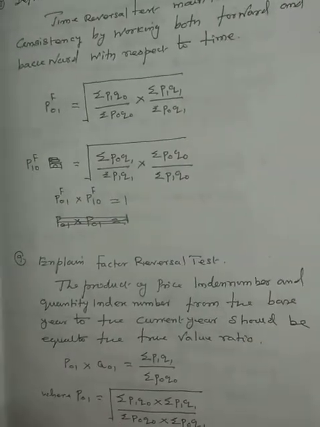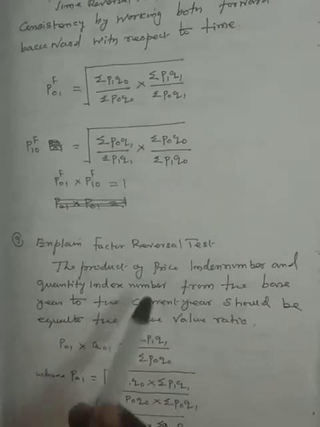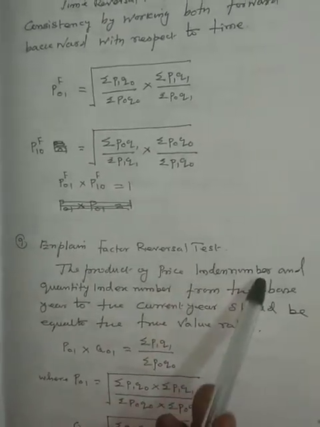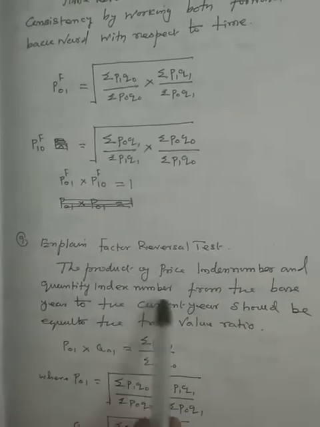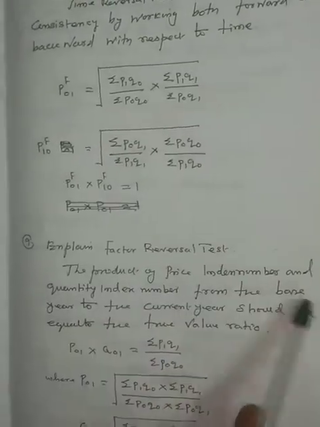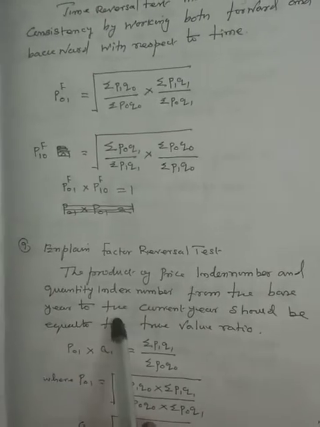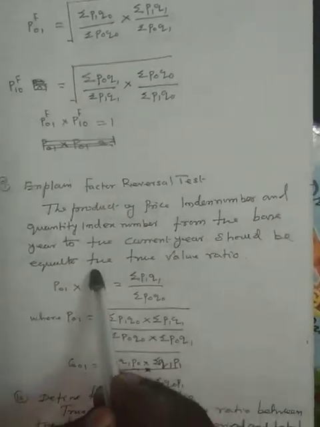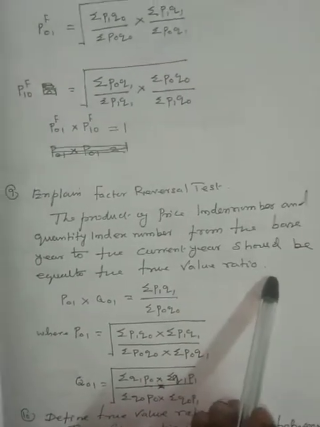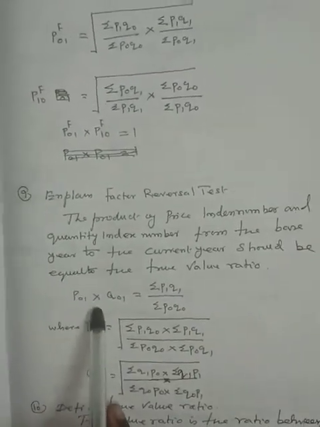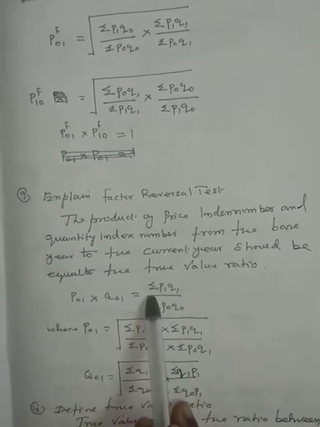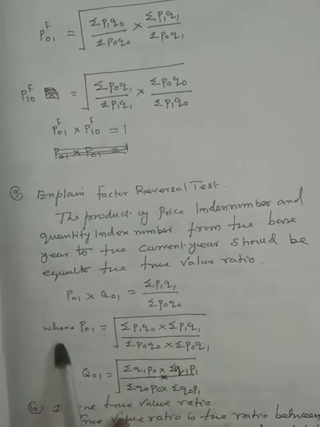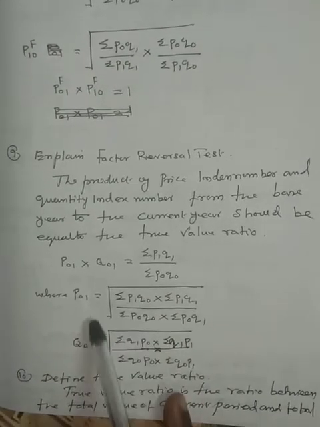Next, question number 9. Explain the factor reversal test. The product of the price index number and the quantity index number from the base year to the current year should be equal to the true value ratio. P01 into Q01 is equal to sum of P1Q1 divided by sum of P0Q0,